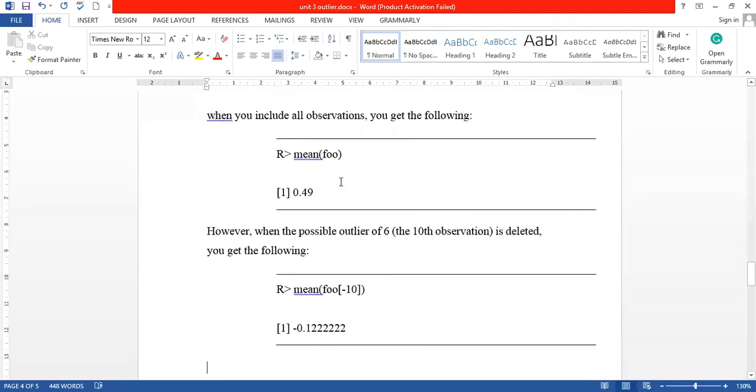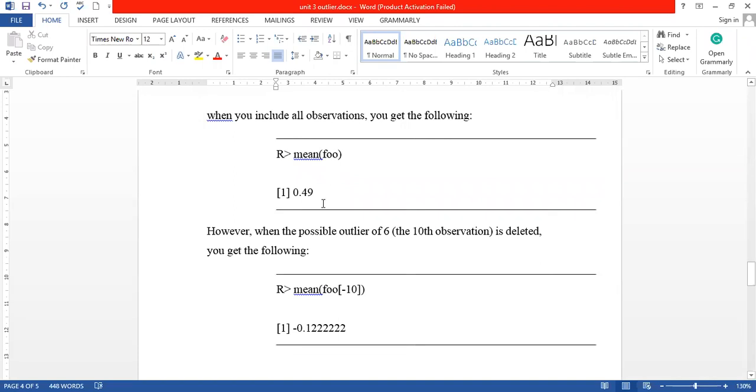You can also find an outlier by calculating the mean. Suppose I'm taking the mean of the first vector. The mean is 0.49, and there is only one outlier value at the 10th position. So we just subtract the 10th index value, and we also calculate the mean. You can see that now the mean is minus 0.22. So the two means are very far apart, and by just removing a single value, the mean is totally changed. So here we can say it is better to exclude the outlier, because in this condition you can see the mean is drastically changed just by removing the outlier.